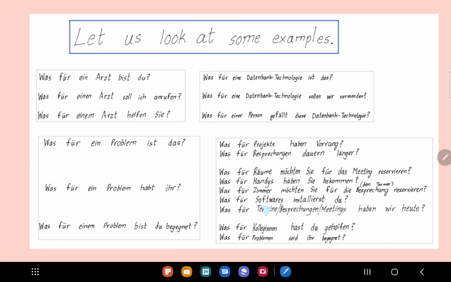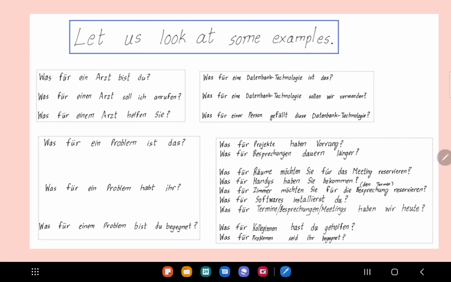Here they are in accusative case, right? Reservieren Räume, so you reserve rooms. So rooms are being reserved. So what are being reserved? Rooms. That's why accusative. And then here again, helfen, geholfen is participle two or perfect of helfen. Here it is dative. Again, begegnet. Here it is dative. So you saw that, right? Now you already know this. Let's see. So here you are not using any articles, right? Because you know why. You don't have indefinite articles for plural case.